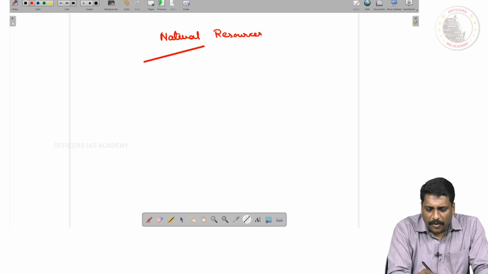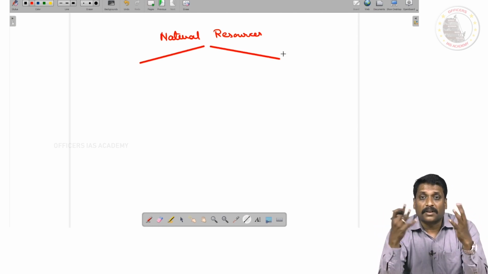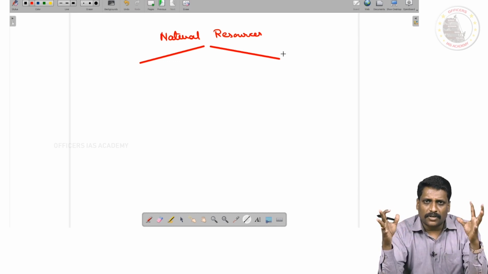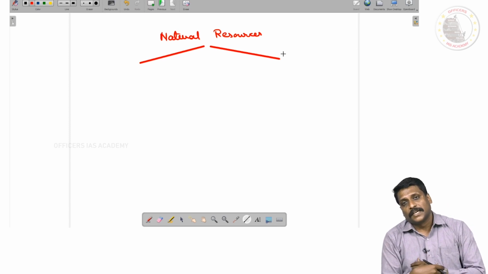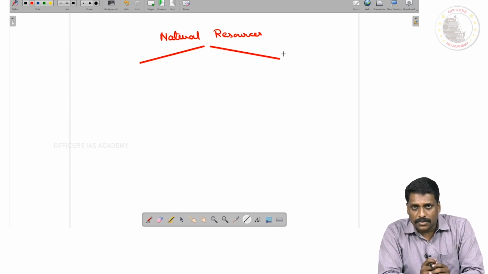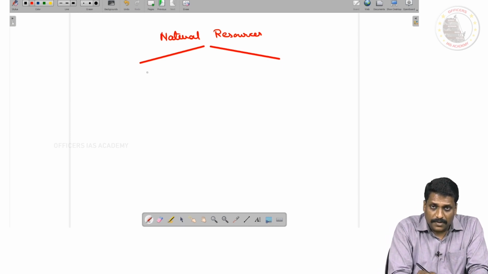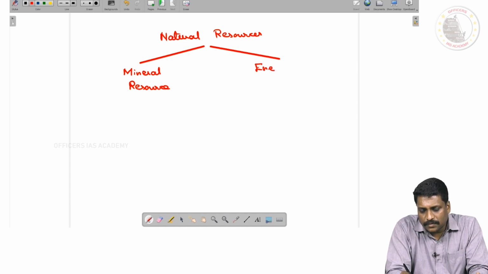A flowchart way of preparing, or almost segregating the preparation, is always the better way to understand it. So natural resources, there are a number of ways you can classify and differentiate them. But the easiest one, right, sir? When we talk about natural resources, this natural resource can be a mineral resource, or it can be an energy resource, right,